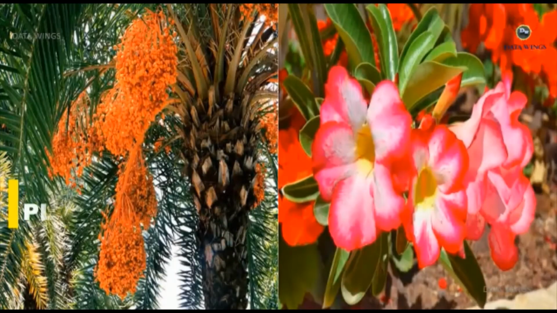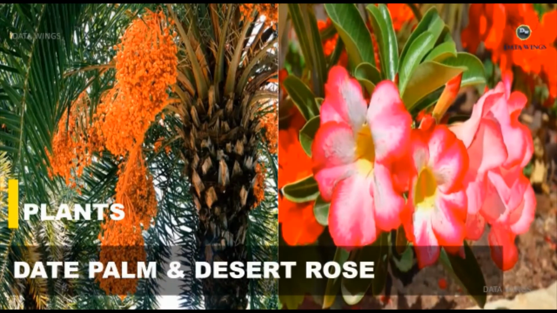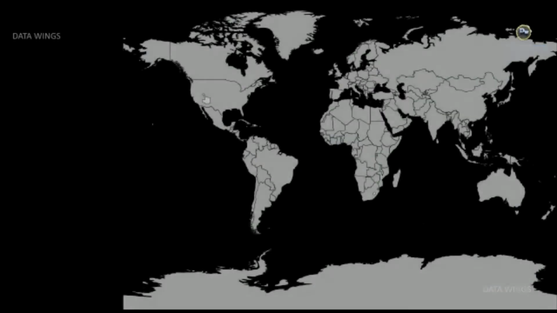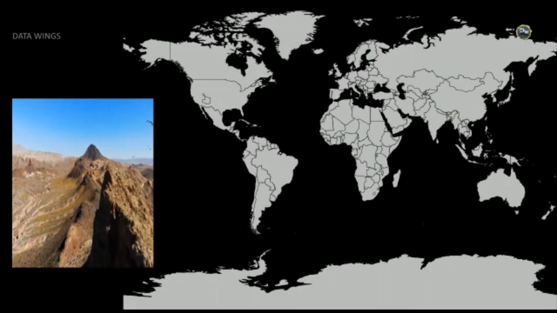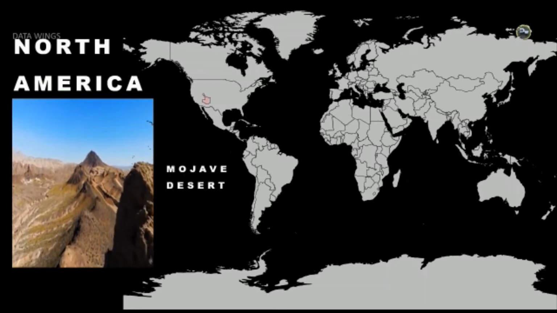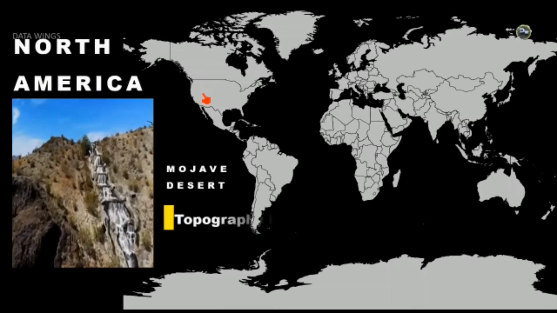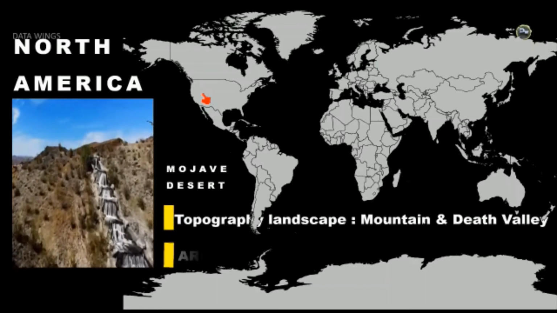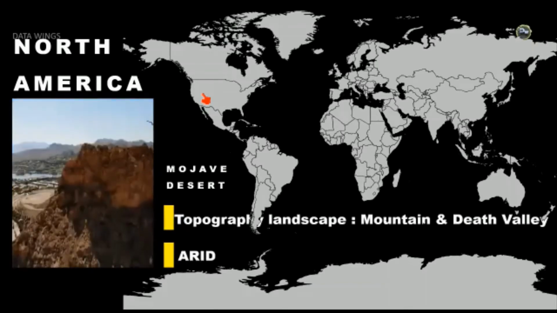And some of the plant life that's here are the date palm and the desert rose. And the reason people grow date palm is to hydrate themselves in the desert because it has quite a bit of moisture content. And the next desert we're looking at is located in North America, and it's called the Mojave